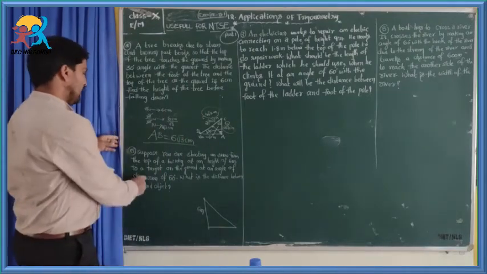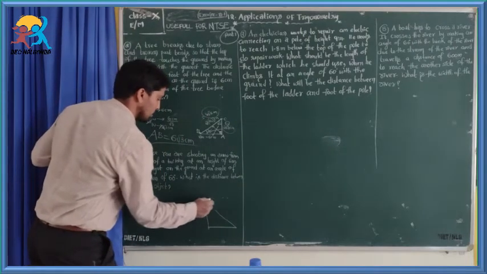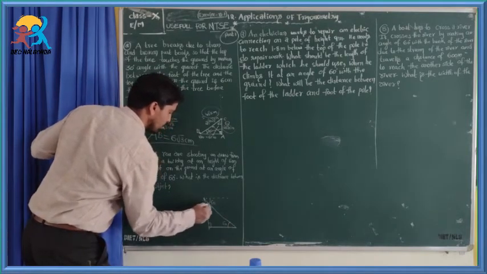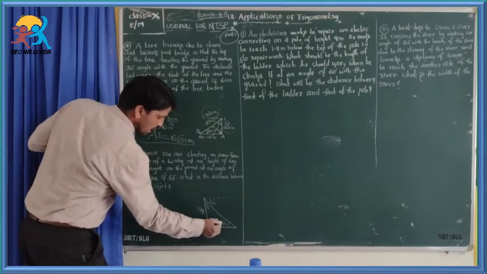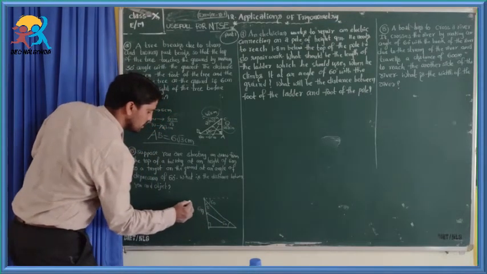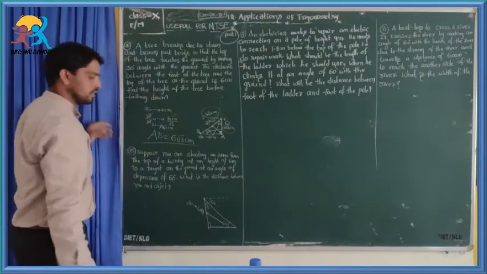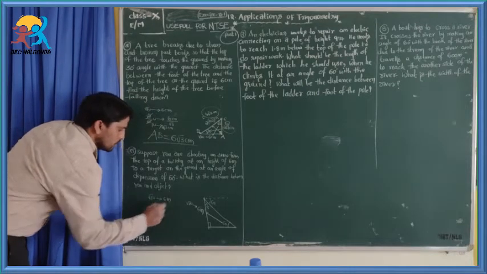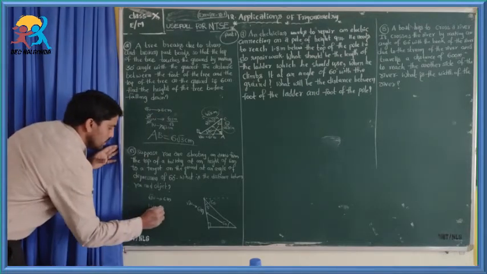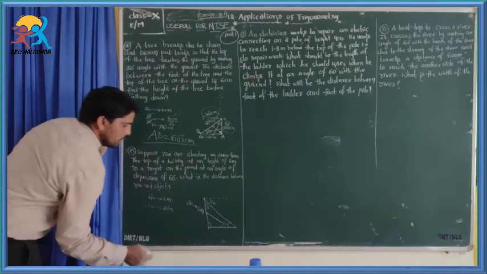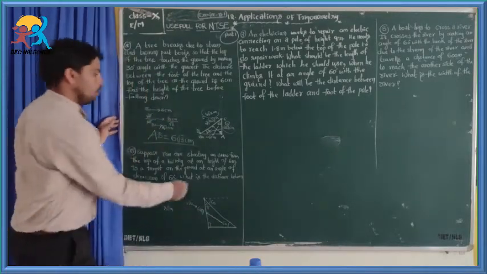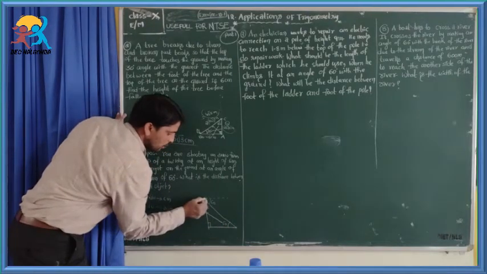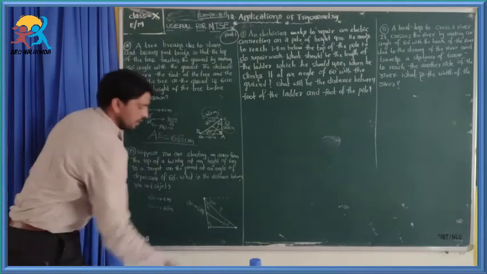Angle of depression is 60 degree. This is 60 degree. Then this angle also 60 degree. This is 90. Automatically it will become 30. Given that opposite to 60 degree angle, how many units is this? Root 3 units value is 6 meter. Then what is 1 unit? Root 3 unit is 6 meter. As we showed, 1 unit value is 2 root 3 meters. Then opposite to 30 degree. What we have to find? What is the distance between you and the object? Here it is you and here is the object. This distance we have to find.